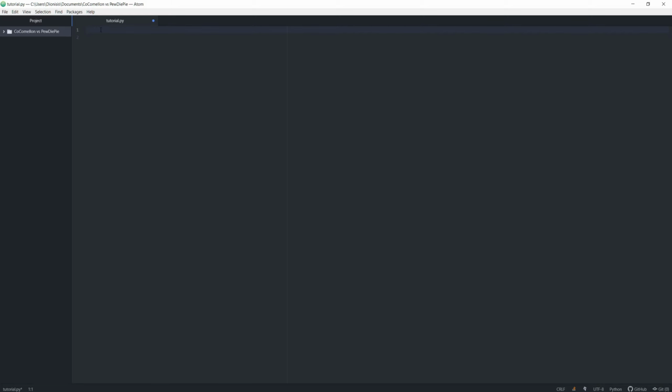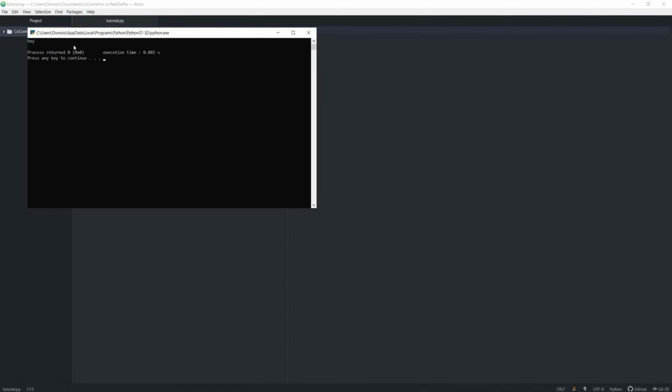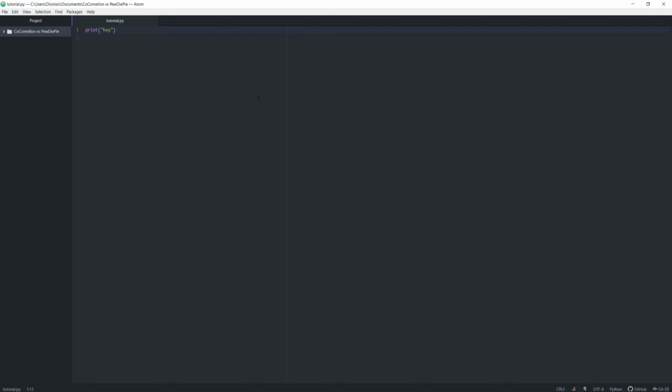Which is printing. We print something by just saying print, open and close parentheses, and writing right here what we want to print. For example, hey. So when I run the program, you can see that we get hey right here. Really cool. Now the next thing that you need to know